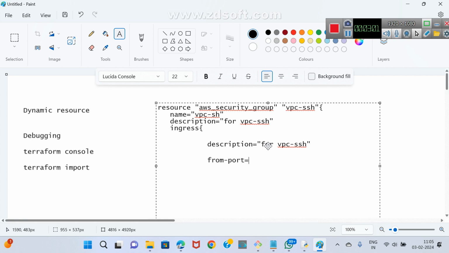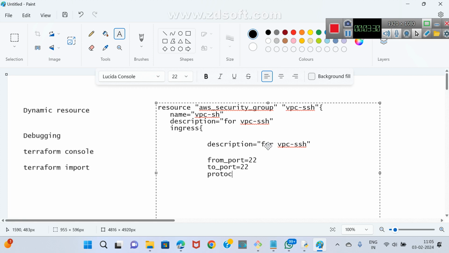There we need to write from port. Generally, from port is what? 22. To port is what? To port, so I think underscore or hyphen. Tell me. From port, to port is equal to 22. Now protocol, from underscore only. From underscore to underscore, 90% all are underscore only.